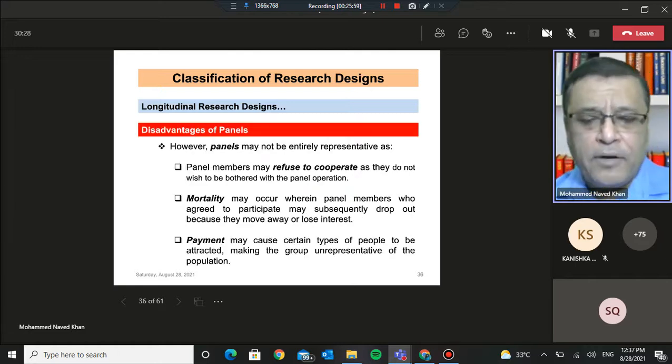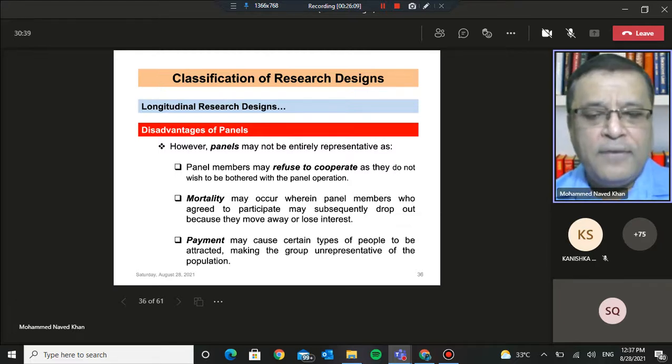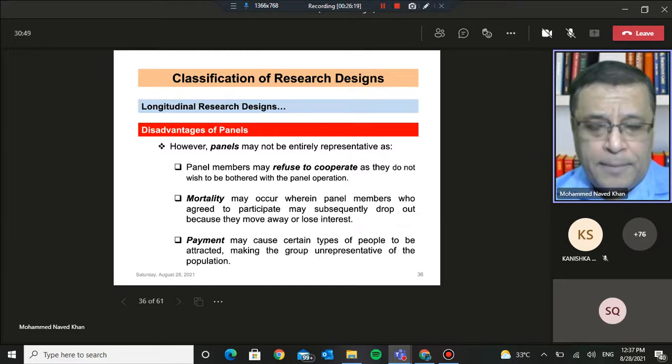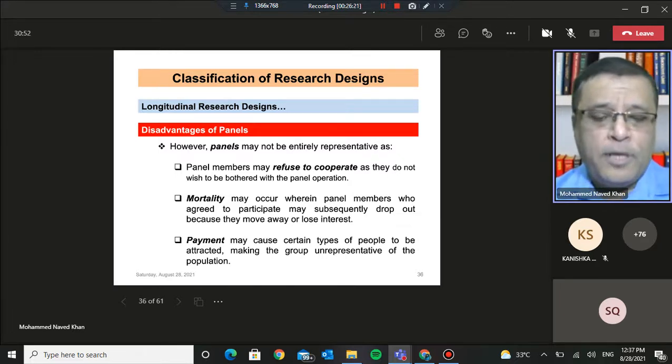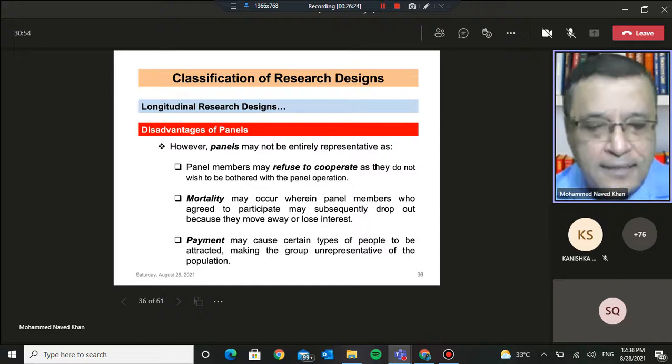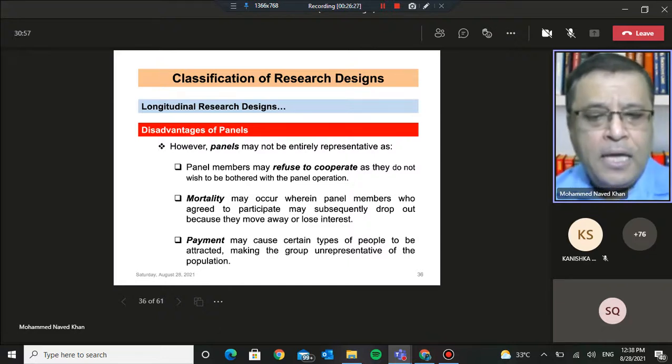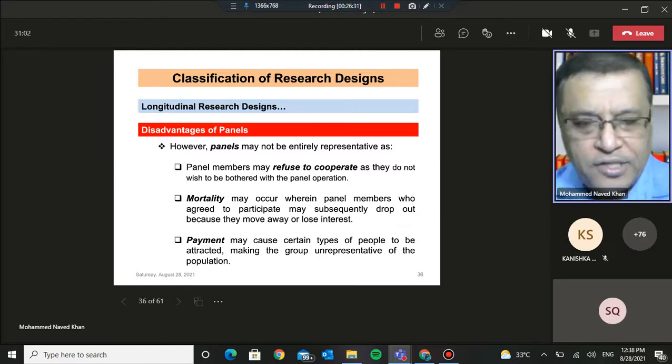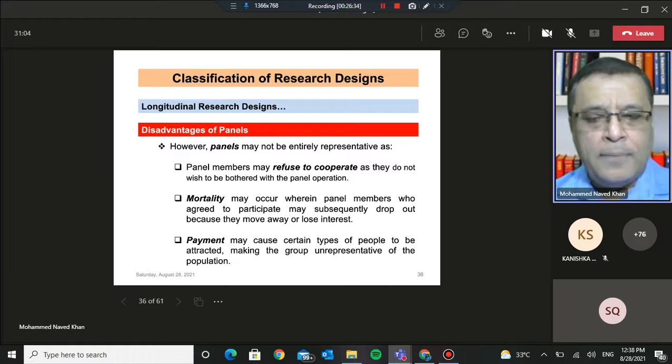But of course, we should be aware of the advantages and disadvantages of each of these designs, so that we can better appreciate them when we are going through the works of other researchers, as also when we are deciding what design we should adopt for our own study or for tackling the problem of the organization which has commissioned the study. Remember that I'm discussing these designs from the point of view of, suppose you are a consultant carrying out a study, and this is a live problem. For example, a particular organization is facing some kind of problem, and the person has contacted you.